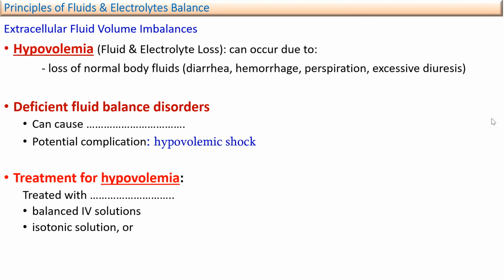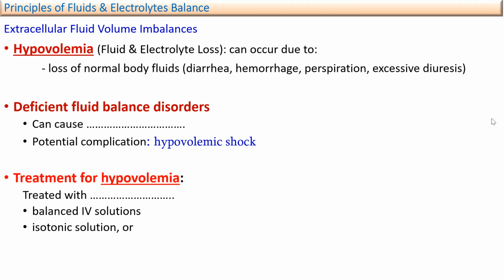The etiology of hypovolemia can result from loss of normal body fluids, like diarrhea, acute or chronic hemorrhage or bleeding, profuse perspiration and sweating, excessive diuresis, like patients with hyperglycemia, DKA or HHNKS, the two types of diabetes complications, or patients with DI, diabetes insipidus,